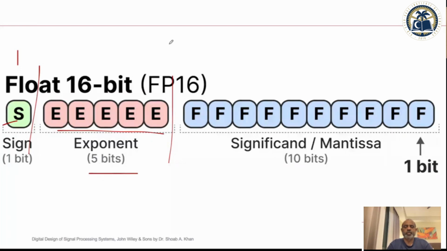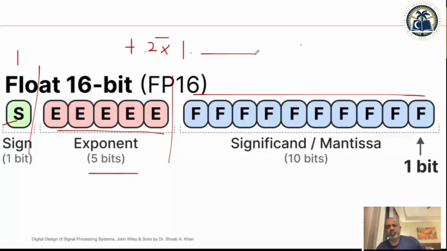So you are always going to write a number as a sign, and then, let's say, 2 raised to the power something is the exponent part, and then you have the fractional part. So 1 is implied, so you don't even write the 1, and this is the decimal part. All the floating point numbers are like this. So you are always going to have a number, let's say it is 100 point something. So you have to move this 100.456 into 1.456. And this becomes a lot of complexity in actually implementing it in hardware.